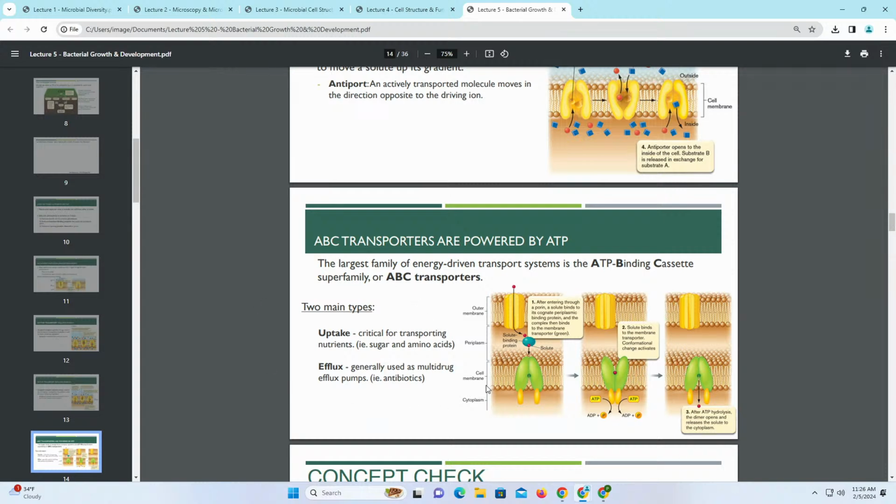But then, like I said, certain bacteria have evolved mechanisms to pump things out that they don't want. So if we're trying to target an ATP binding cassette to maybe get an antibiotic in, for instance, there's ways that they learn to basically pump it out, and so it can be used as like a multi-drug efflux pump. So they're used to basically import things and export things out of the cell. Does that help?